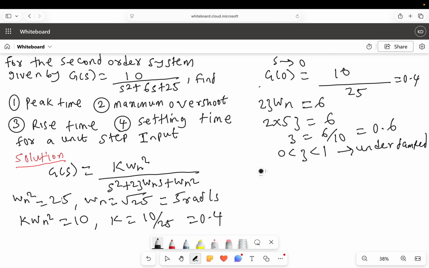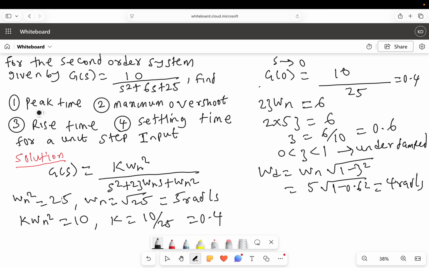So for such a system, the damped natural frequency is given by omega n times square root of 1 minus zeta squared. So I will just have 5 times square root of 1 minus 0.6 squared, and that will give me 4 rad per second. So this is my damped natural frequency. So starting with my peak time, it is given by Tp equals pi over omega d, which is just 3.14 all over 4, which is